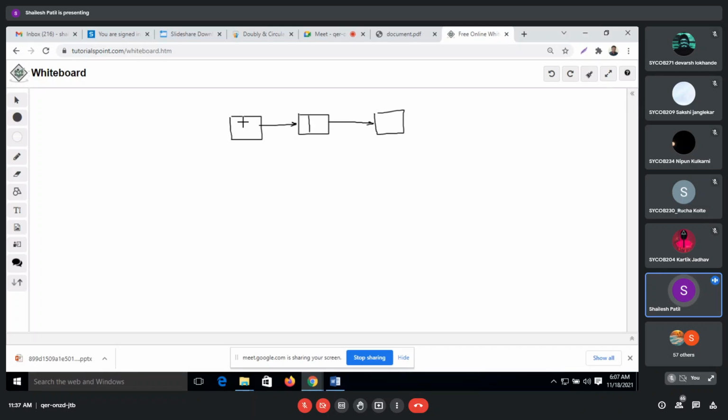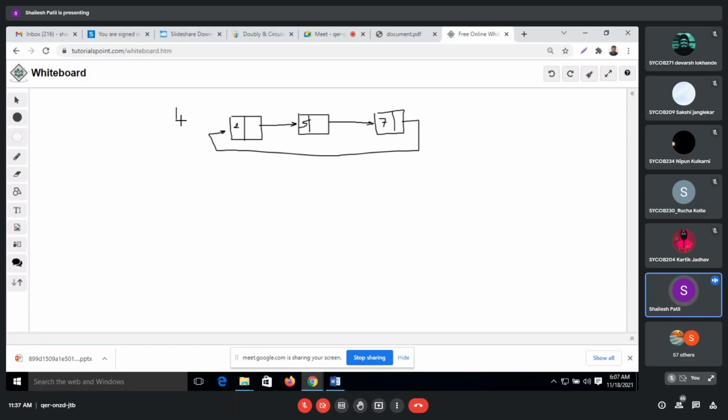So it will have a node with data and pointer like this, and the last node is again pointing to the first node. That is our terminology, so this is called a circular singly linked list. Suppose I have data over here: this is 2, this will be some data as 5, and this will be some data as 7. This data I have, and now we have to insert at the beginning.